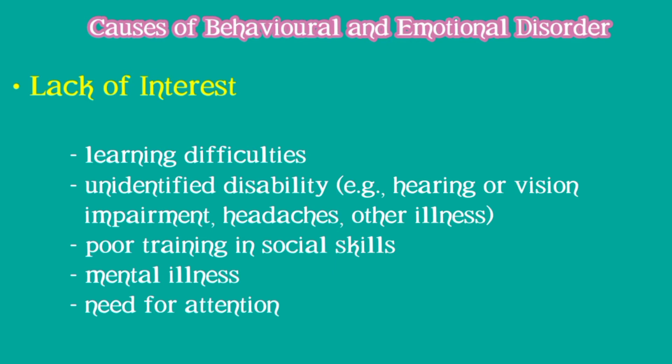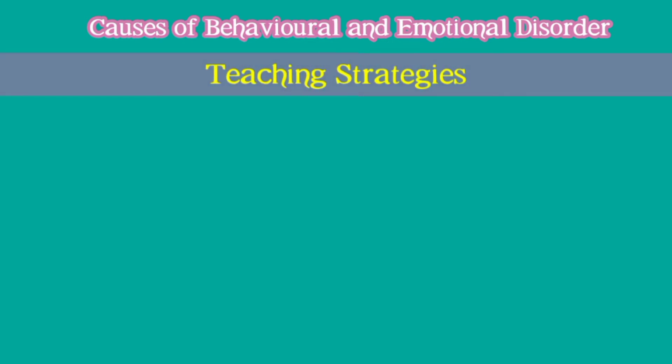Unidentified disabilities like hearing or vision impairment, headaches, and other illness. Poor training in social skills, mental illness, need for attention. So these are the things that will happen to a student or to a child when they have a lack of interest. So what are the teaching strategies should the teacher apply when they are having a child who has